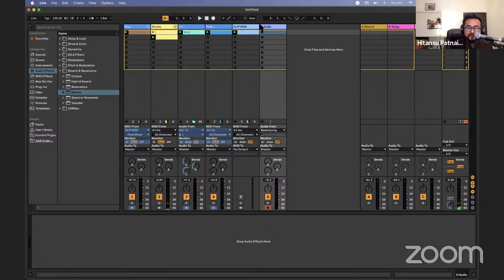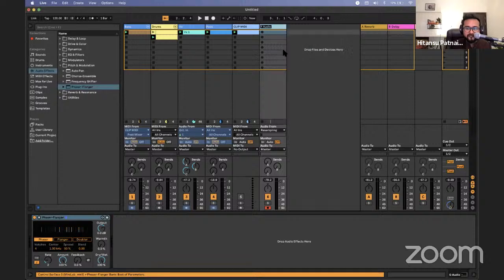Record arm mode on, and I wanted to record all this with, let's say, some kind of a different approach in terms of a kind of modulation to it. For example, I wanted to have all my instruments sound like a little chorus, a little phasing kind of sound. So for example, this is a phase flanger effect which I'm dragging and dropping into my audio, and let me rename that as